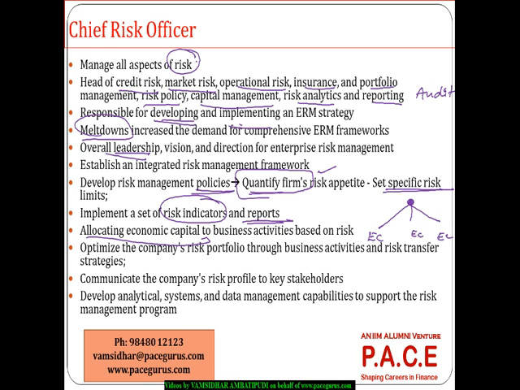So allocate the economic capital to the various business activities and come out with an optimized company's risk portfolio. What is the appropriate combination of each of these risks the company can really get into? Come out with an optimized company's portfolio through various business activities and risk transfer strategies. Communicate this entire thing to the senior management as well as the key stakeholders, the shareholders, the analysts, the rating